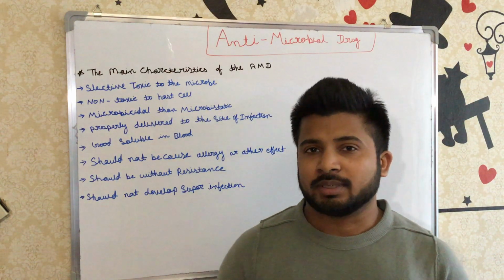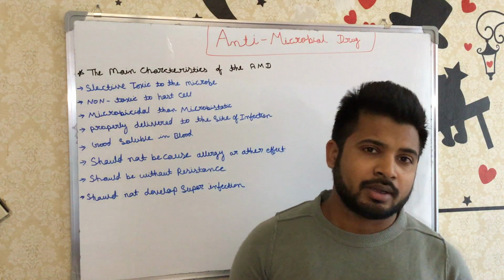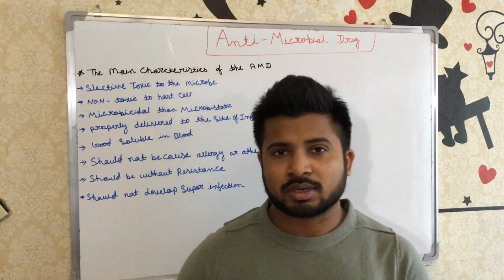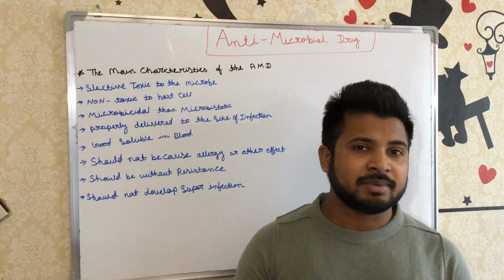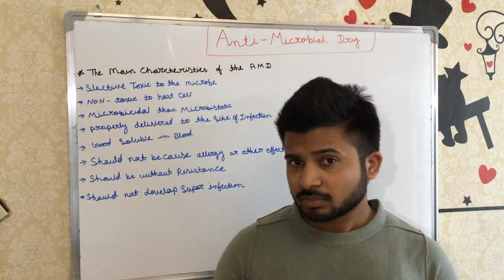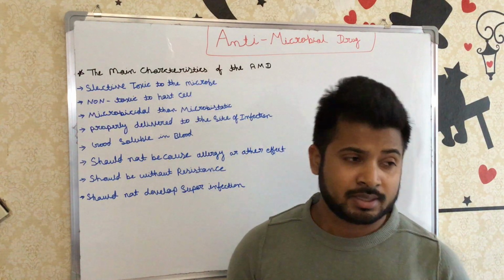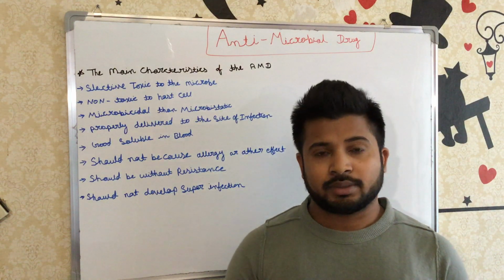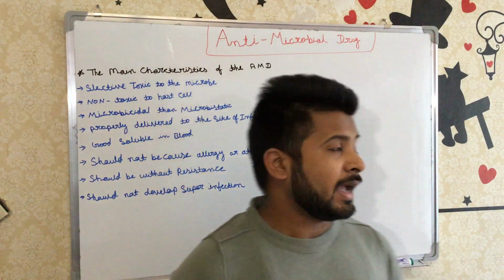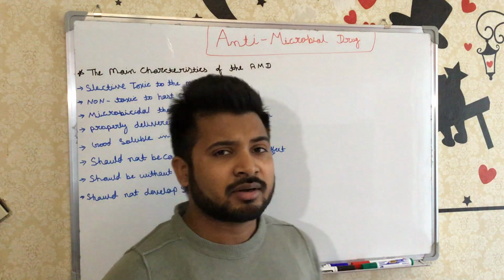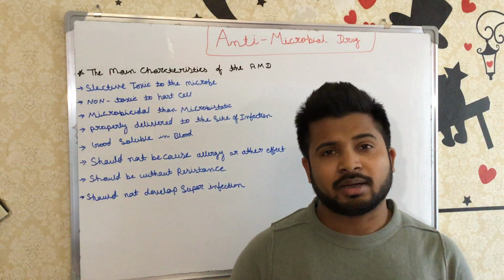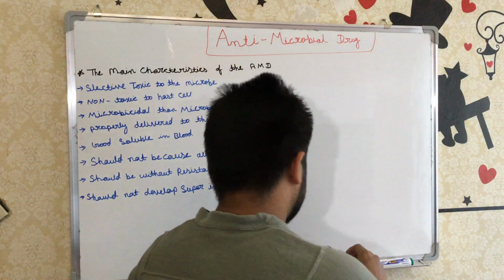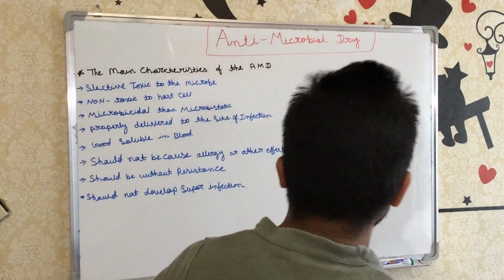What is an antimicrobial drug? It is an agent that kills the microorganism, or we can say it inhibits the synthesis of the microbes. It can be synthetic, semi-synthetic, or natural, from a natural source. So this is the antimicrobial. And an antimicrobial drug means different types of microbes can be killed. So let's talk about which types of microbes can be killed.